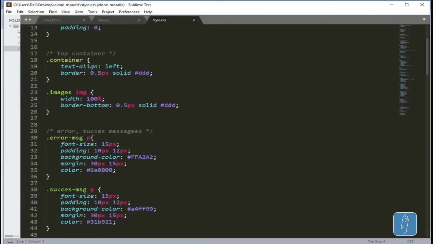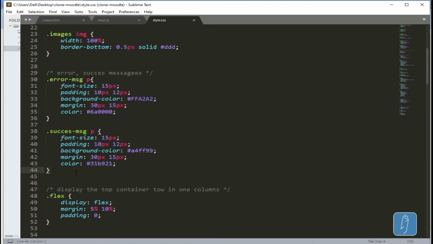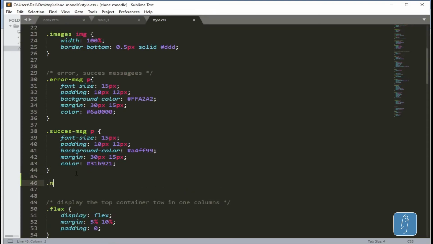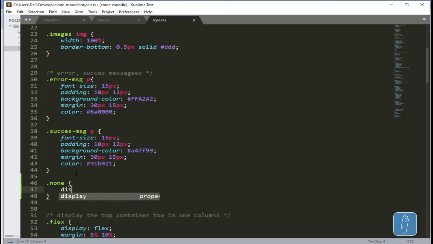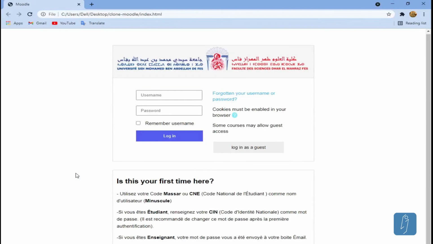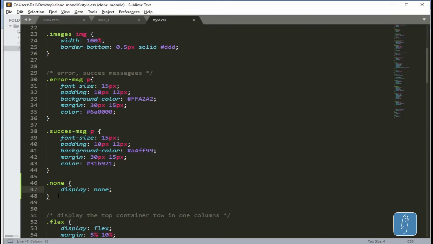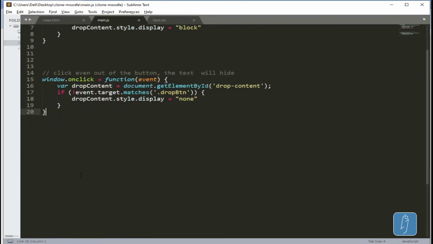Right away I'm going to jump to styling. Under error message and success message, I'm going to add display none. If I save it, go here and reload it, by default now it's not displaying the two messages, alert and success message. And I'm going here to create the functions that I called in the HTML page. Toggle